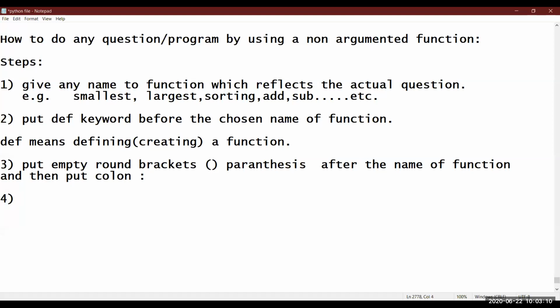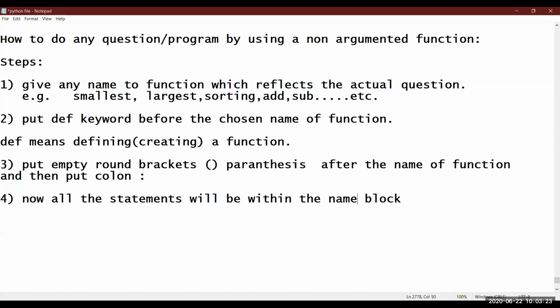And next, now all the statements will be within the block, within the named block, because function is a named block. Within the function, with proper indentation. That means with proper space.